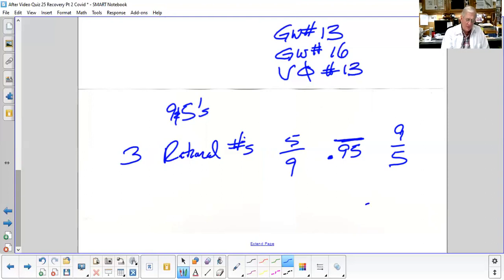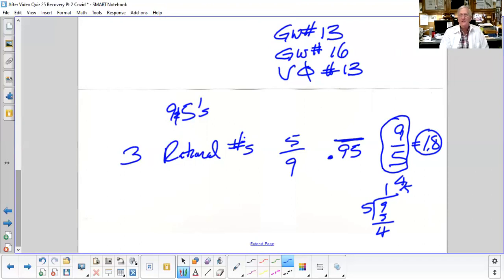I'm not even sure. Let me divide it out and see. 5 goes in there once with 4 left over. 4/5 is 0.8. So this is just 1.8, but I can't use 1.8 in that form. I want this form with only 9s and 5s. I could use